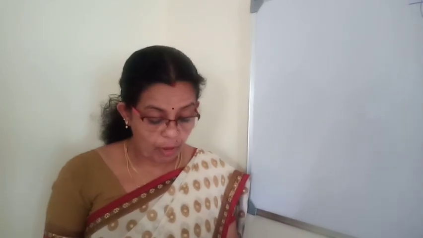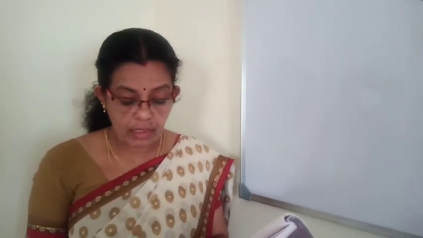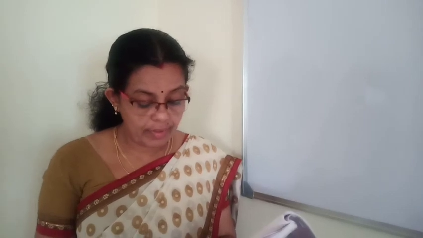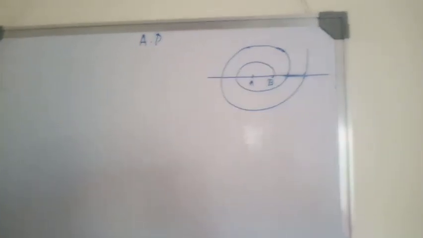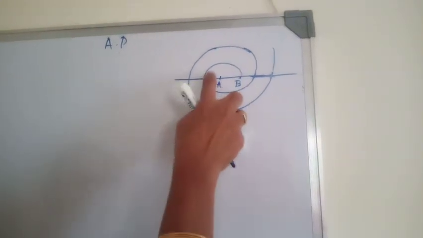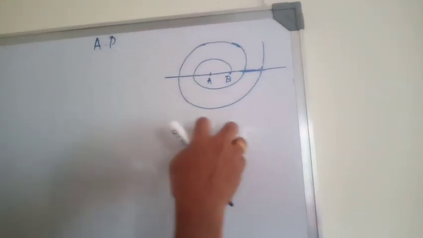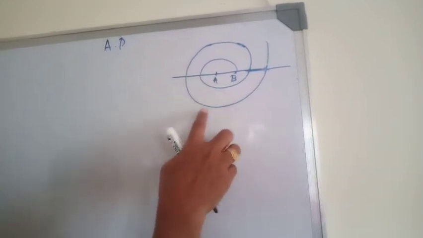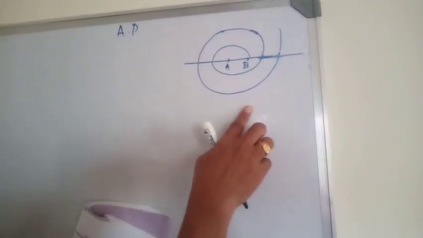A spiral is made up of successive semicircles with centers alternately at A and B, starting with the center at A, of radii 0.5 cm, 1 cm, 1.5 cm and so on as shown in the figure. What is the total length of such a spiral made up of 13 consecutive semicircles? Here pi you have to take it as 22 by 7. So see the diagram in the textbook. A spiral is made up of 13 semicircles. So this is the first semicircle, second semicircle, third semicircle and so on. There are 13 semicircles. We have to find out what is the total length of this spiral.